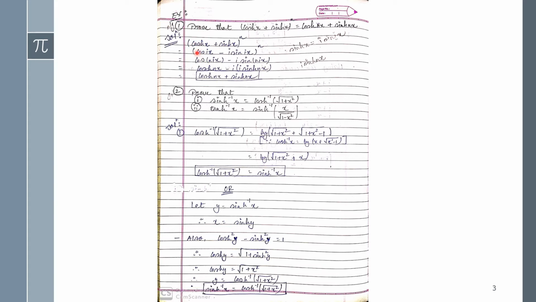cosh x equals cos ix. It's a relation between hyperbolic and circular functions for the cos function. And the hyperbolic sinh x is minus i into sin ix. I'm just writing this term. See guys, if you don't know the formulas or the relations between hyperbolic and circular functions, then definitely you can't solve all these sums. So to understand this sum, you definitely have to know all these formulas.